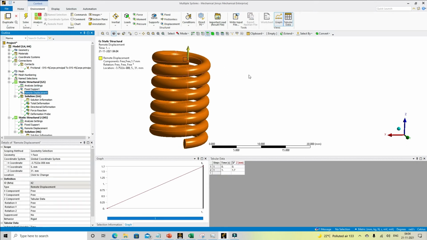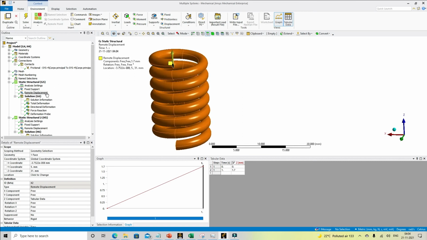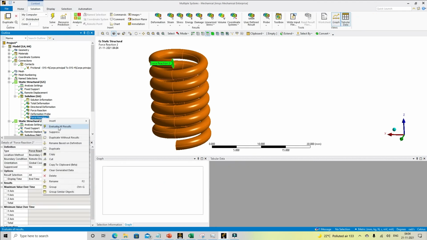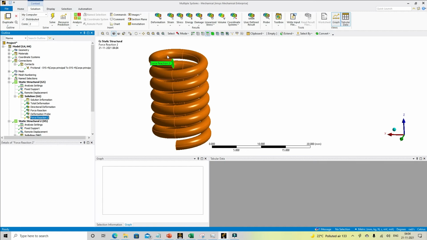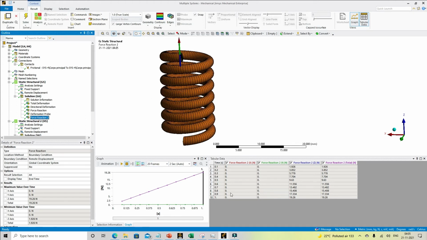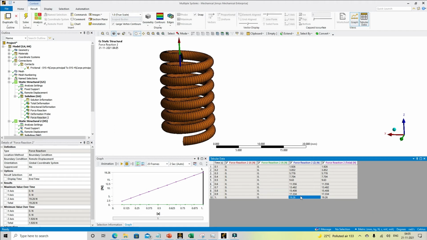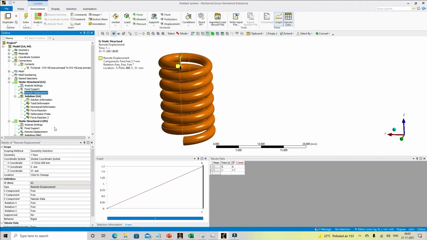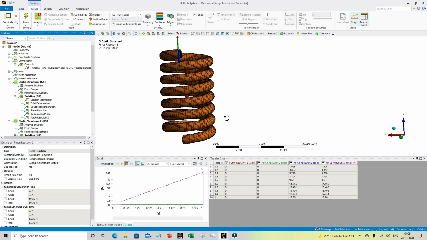For extracting the reaction forces, we can simply drag and drop this reaction over the solution, and we will have the corresponding force required to stretch this model by a distance of 1.7. Here we are getting some 19.26, and if I divide it by my applied displacement, we can come up with the stiffness value.